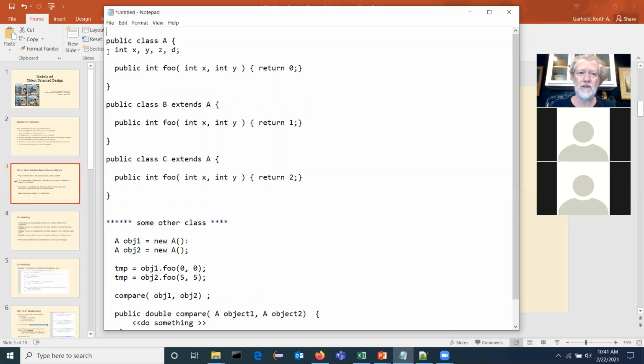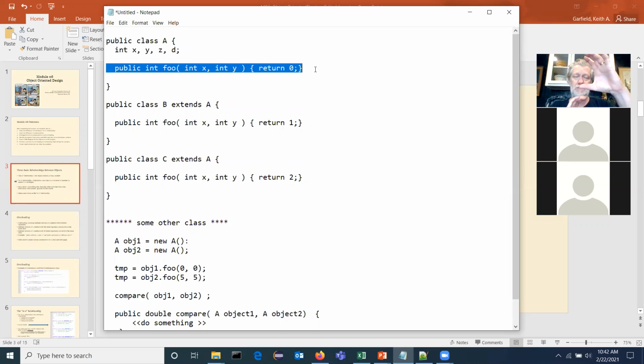Right. And also, it sounds like there's a slight confusion, so let's try to tease that out. Class A doesn't return anything. Inside of class A, there is a method foo that returns something. It returns an integer value, but class A doesn't do that. If you call foo, foo specifically is the thing that will return an integer value, but class A is just attributes and methods, a collection of values and a collection of methods.